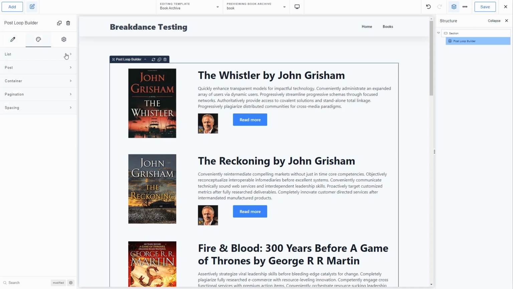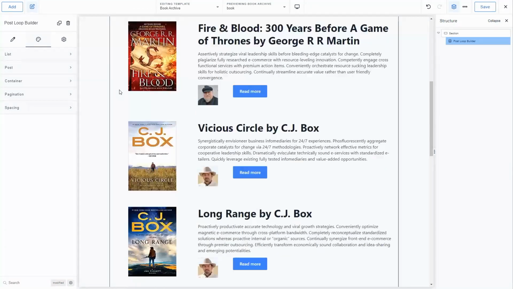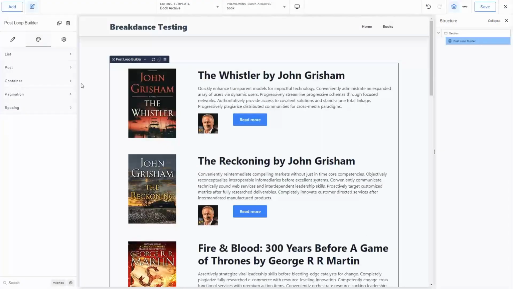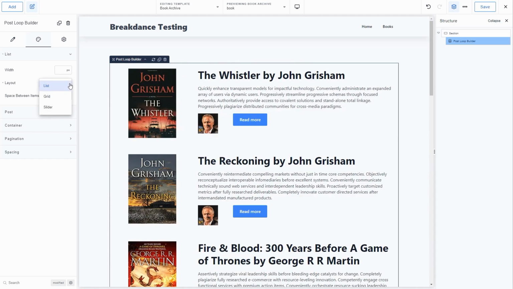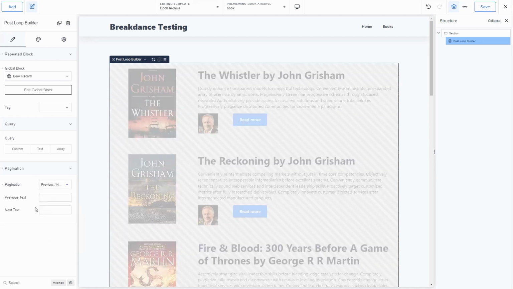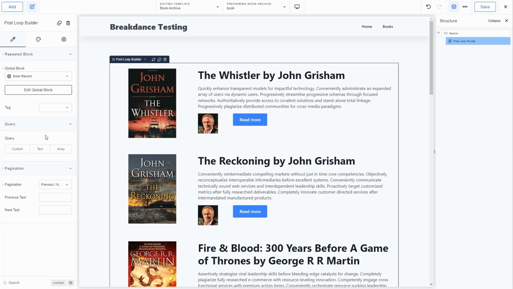Let's see the layout, space between items, background, container. Oh, pagination and the number. Yep. We should do that. So we want a list layout, which is I think what we have here, right? We could have grid or slider. We want container, background. Where do we say how many records? Oh, I see them in design. So with the query, oh, we want pagination. Let's go previous next. And then let's go to query